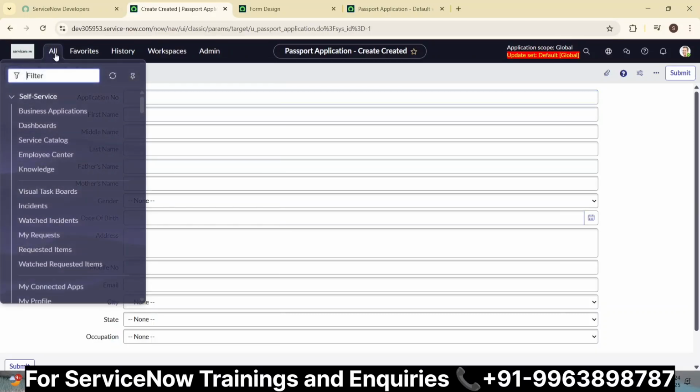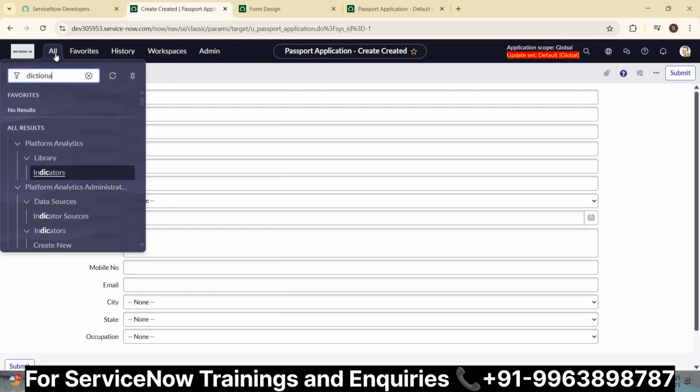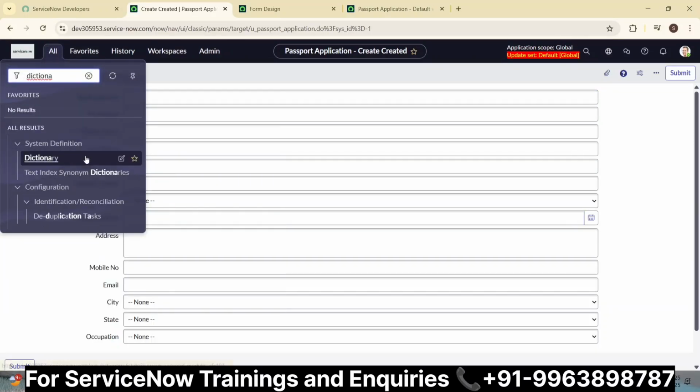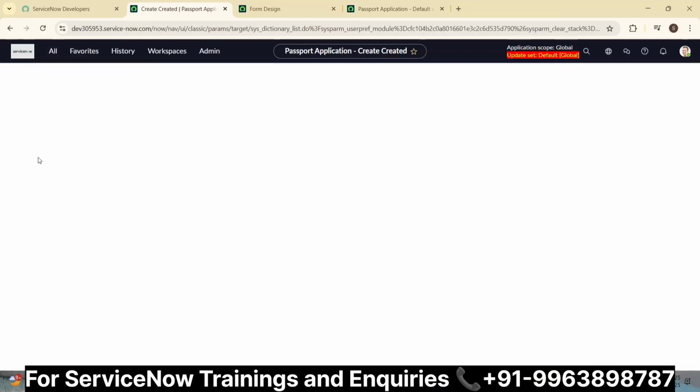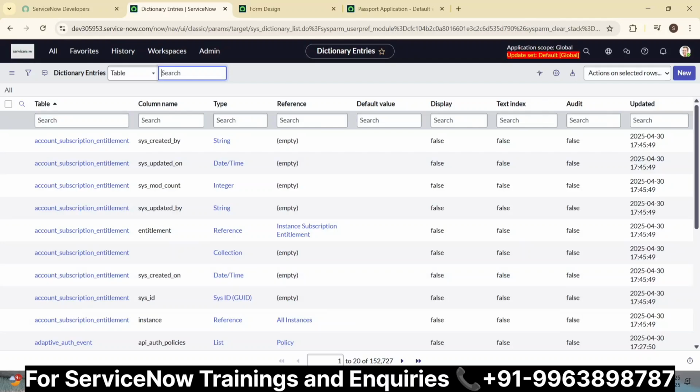Filter navigator, type dictionary. Under system definition, we have the dictionary here. And you can see almost 1 lakh records here, 1,52,270 something records in that. These are called the columns of each and every table. Click on the new button to create a new dictionary entry, nothing but the column,